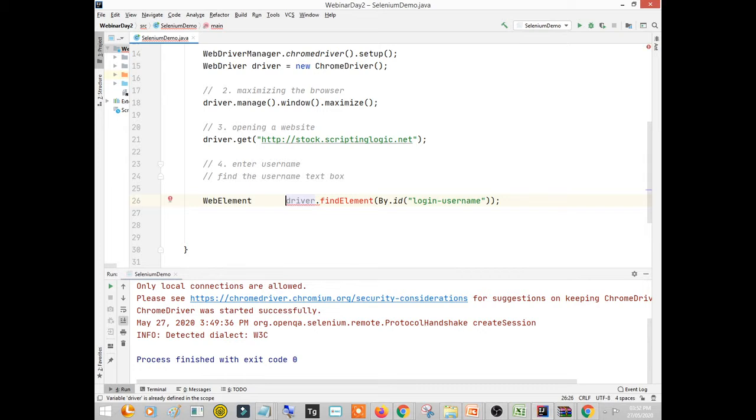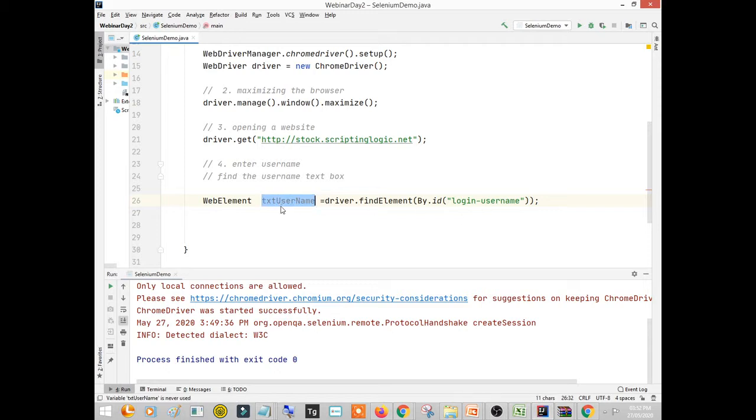I'll name it like this, let's say txt username. You can name it anything, right? Just in order to make this code readable, I'm using user friendly names. So this is a text box, so I've taken this as txt username.